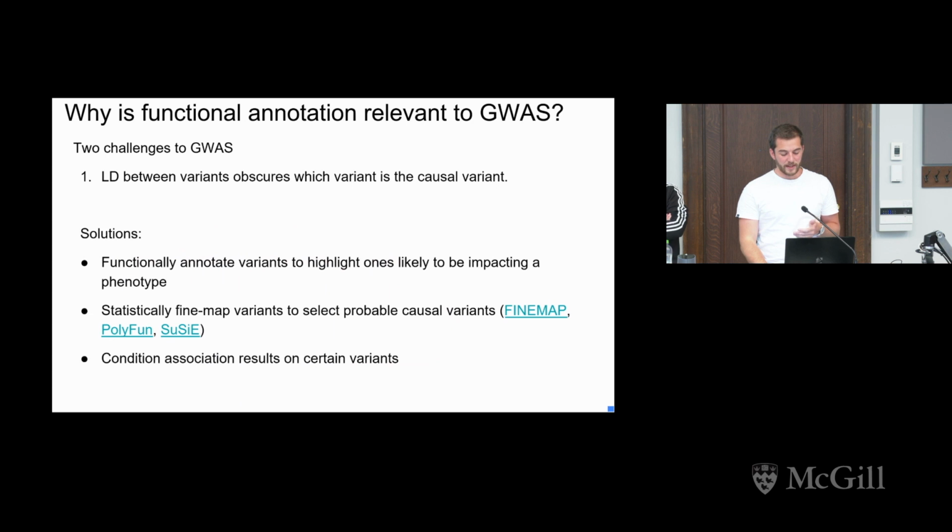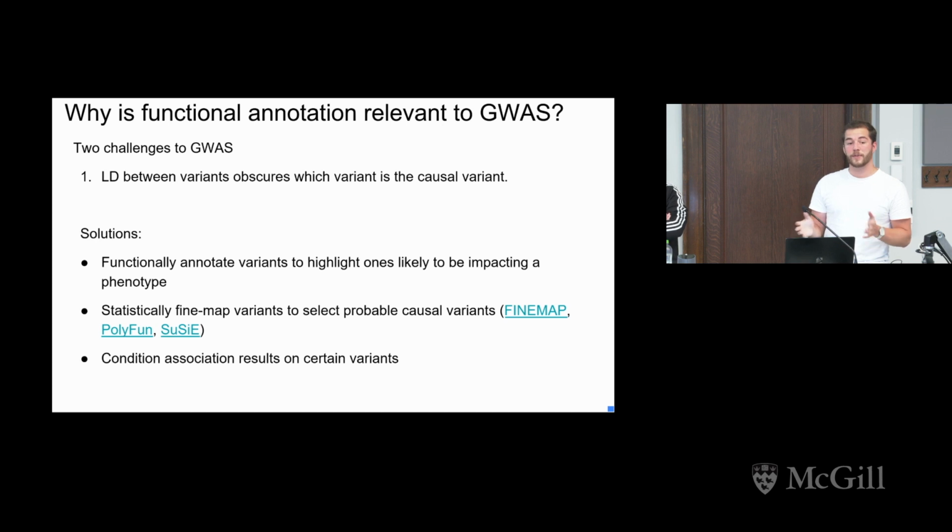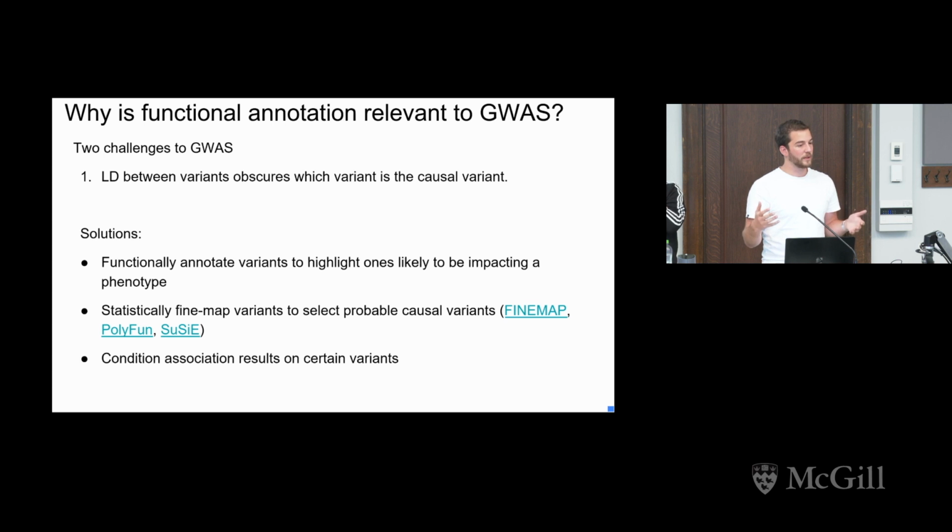So there are a few ways you can tackle this. You can do functional annotation to see if there's one variant that's very clearly highly conserved and affecting the expression of a certain gene that you expect to be associated with the phenotype. This can give you some clue as to whether or not this could be the causal variant. You can try to do some statistical fine mapping, and the